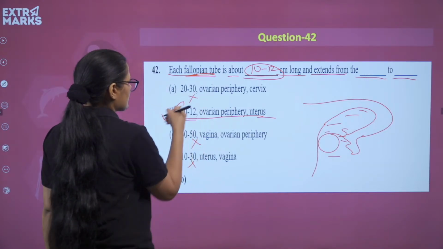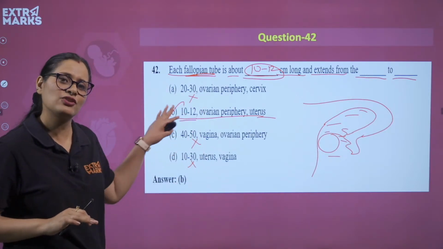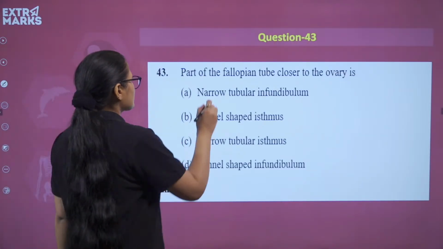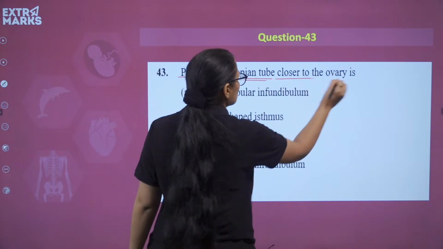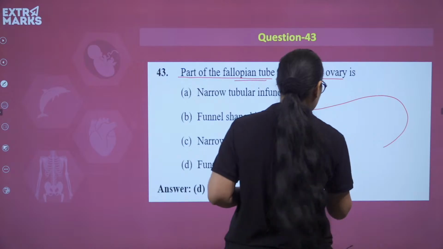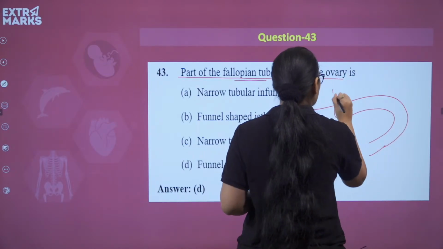Other dimensions are absolutely incorrect. You can even solve it if you know the dimensions of the fallopian tube. The next question, 43, says the part of the fallopian tube closer to the ovary is, and we have just seen that the fallopian tube is like this. This is your uterus, so this is your isthmus,